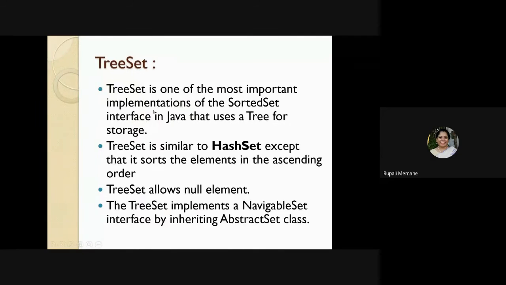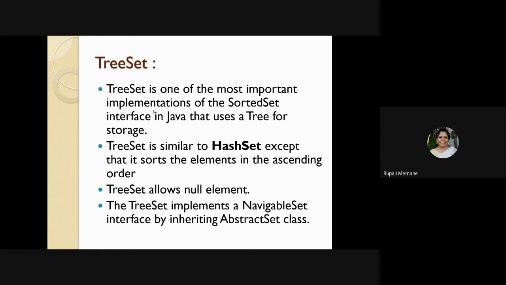Fine. So it is similar to a hash set, except that it sorts the elements in ascending order. In hash sets, you store the elements by the hash code given by the hash function, whereas in a tree set, as soon as you insert the elements, they will be arranged in ascending order. And tree set allows a null element, even hash set allows a null element,